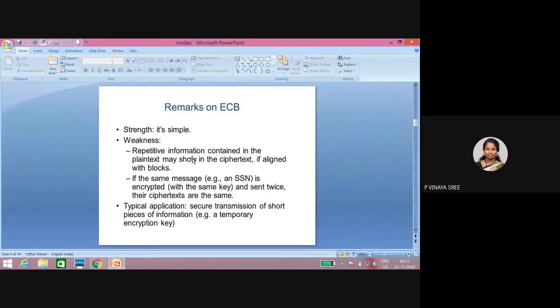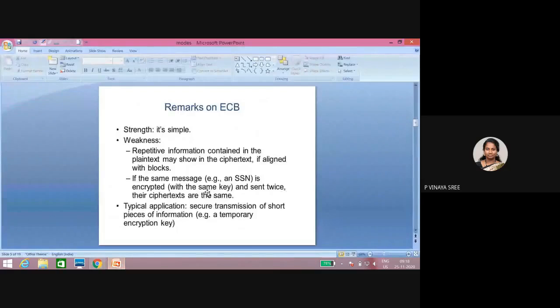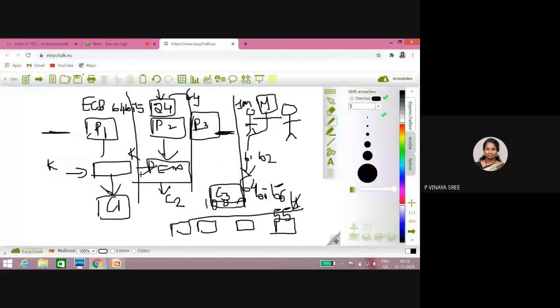The weakness: repetitive information contained in the plain text may show up in the ciphertext. Suppose the message SSN is encrypted with the same key and sent twice, in this block and in this block also.